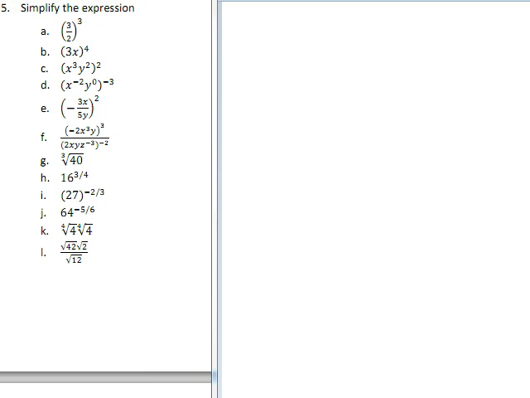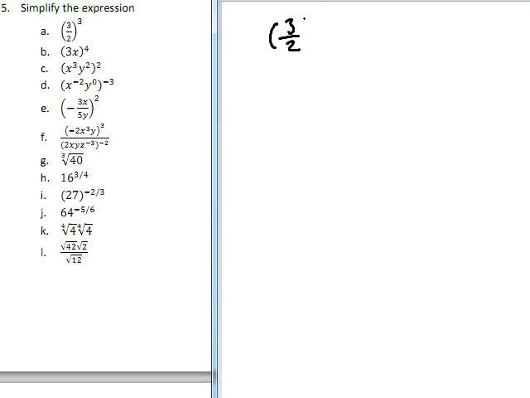Okay, guys, so now we're going to move on to question 5, which is probably where some of you started to have a little bit of difficulty, and that's in simplifying the expression. So we're going to start with 5a. So if we look at